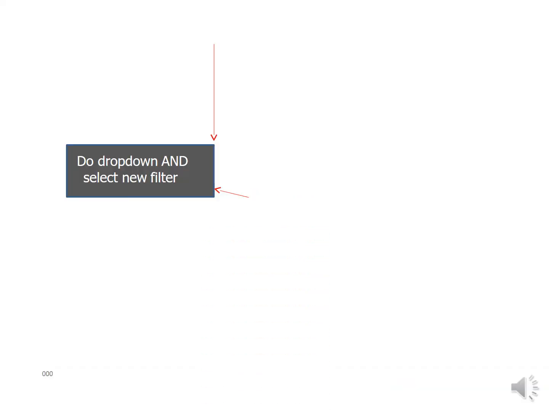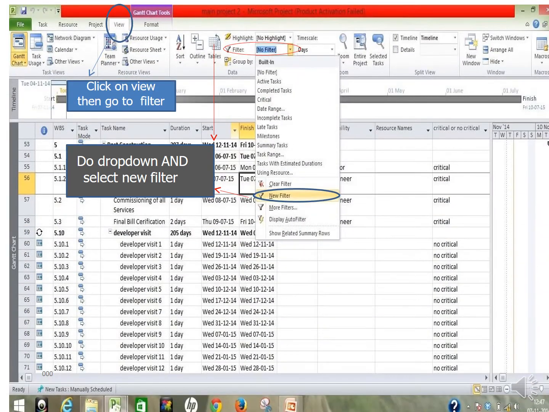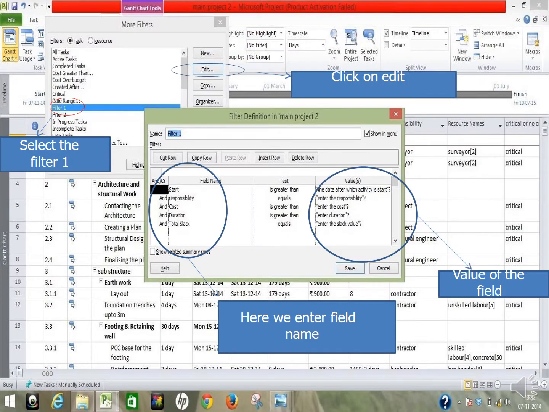Filter. Go to the View column. Then in the View, click on the filter. The filter will come down here. No filter column, you click on the filter. It's a new filter column, so you have to identify the new filter column. Click on OK. It will automatically filter out the necessary and unnecessary things.